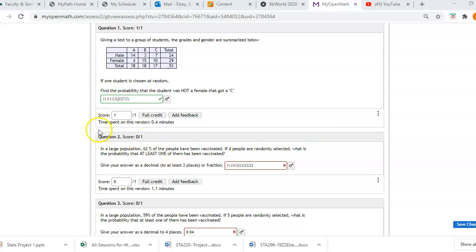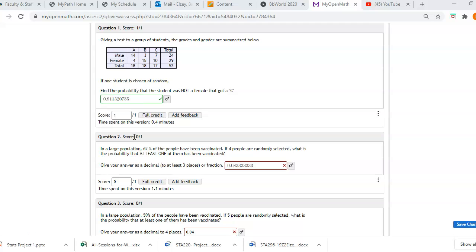Okay, so let's look at question number 2 here. In a large population, 62% of the people have been vaccinated. If 4 people are randomly selected, what is the probability that at least one of them has been vaccinated? Okay, now, we could